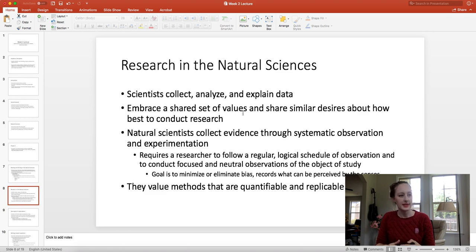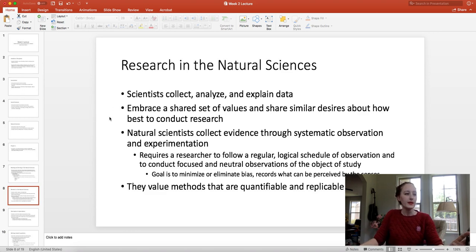Why? Because in the natural sciences, they're trying to minimize or eliminate bias. And if you don't have control set up, then your bias might come into your research. So scientists really like to be organized, they like to eliminate bias, and they like to focus on what is